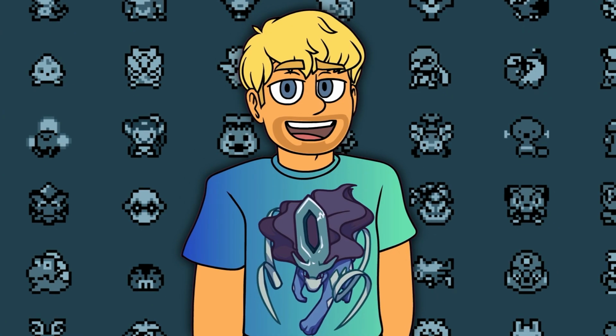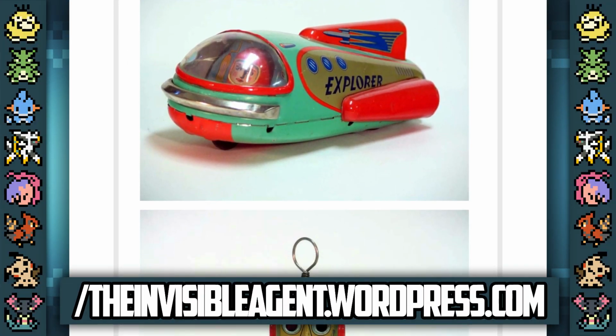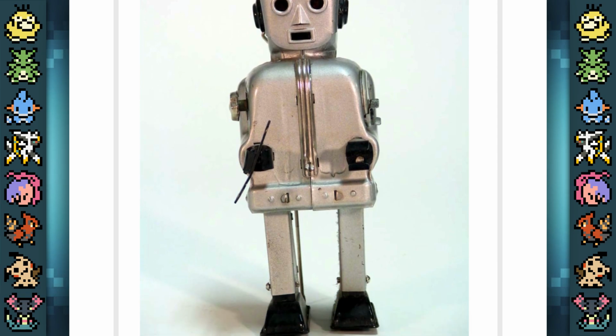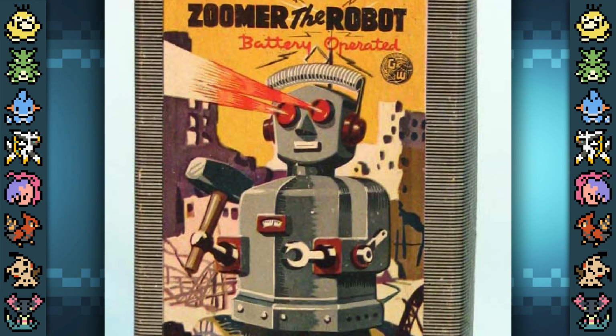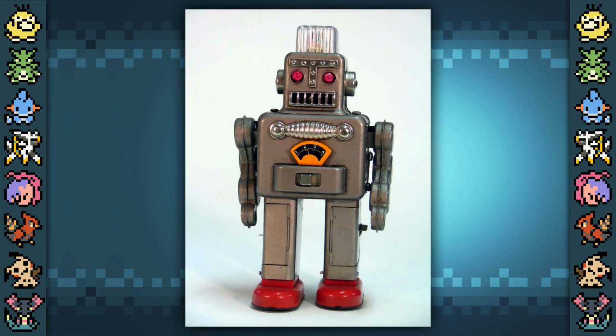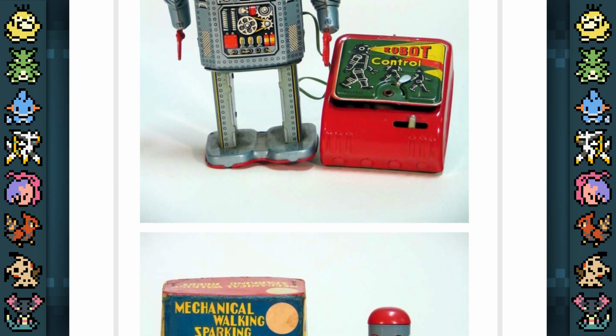And man, I absolutely love this concept. While researching for this video, I discovered an entire genre of toys that were popular in Japan in the 1950s to 1960s, and a lot of them consist of robot-like toys made of metal. Like, look at this one, it's literally shooting laser beams out of its eyes. Or even this one, it just looks like a Frankenstein-type robot. These toys just look so cool, and if I was raised during the 1950s and 60s, I would have been